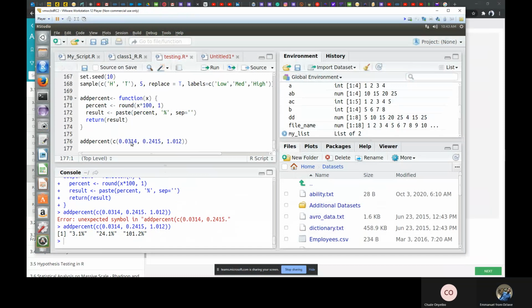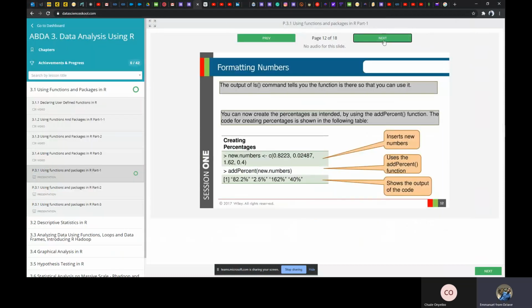So we did this: multiply by 100, convert to one decimal place, then paste. So the result is paste percent, that is the value I have after I multiply by 100 and convert it to one decimal place, and join the percentage sign with it. I want it to separate by an empty string. Then return what I have. This is it, return the result. That's why you have this. All right. So moving forward,